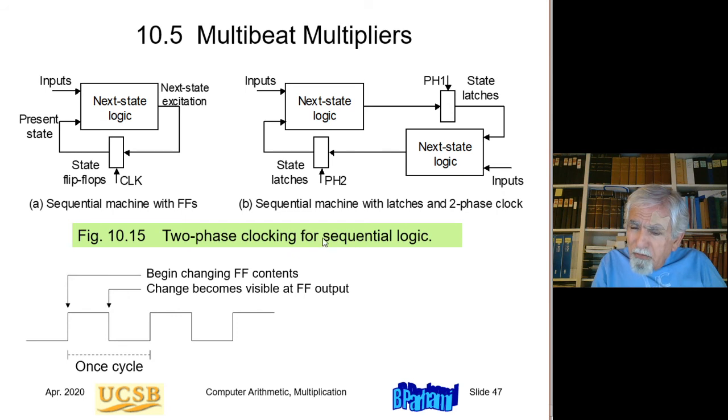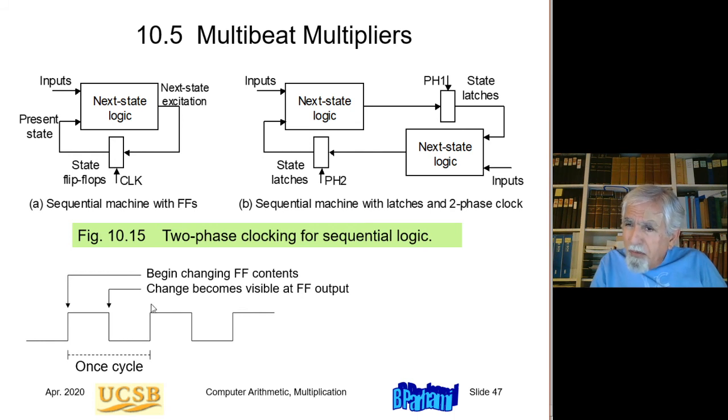During the high part of the clock, signals are propagating, flip-flop contents are changing, but at this point the change has already taken place and nothing happens until the next clock pulse. Okay? So in a way we can say we are wasting half. If these clock pulses are the same width for the high and low, we are wasting half of the time